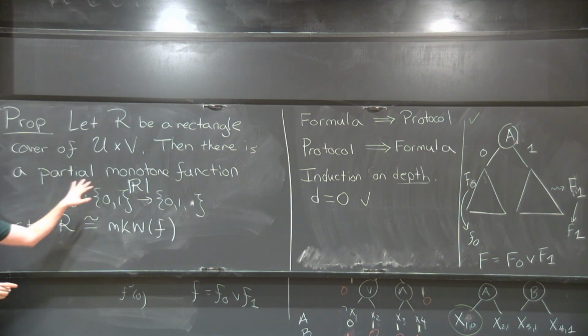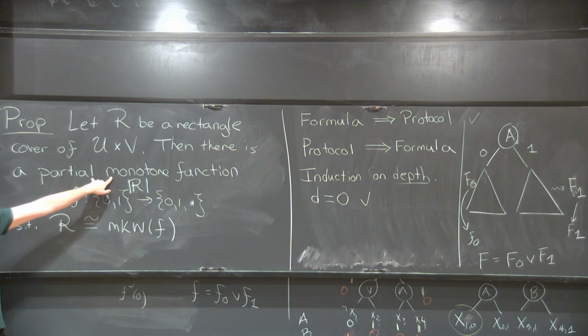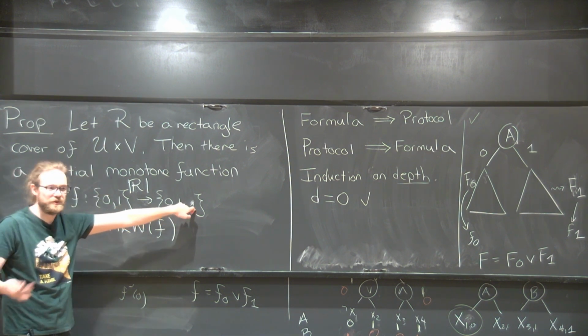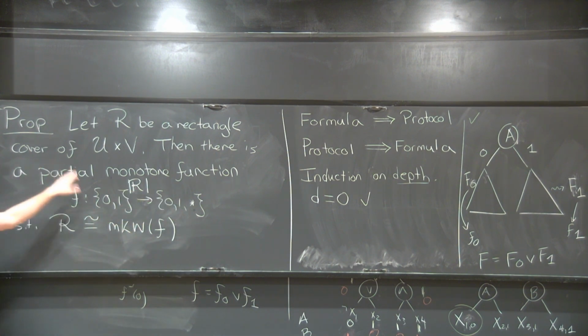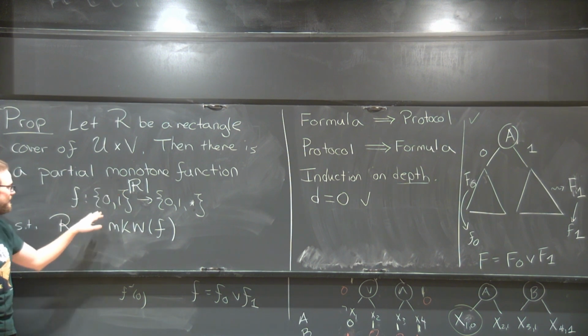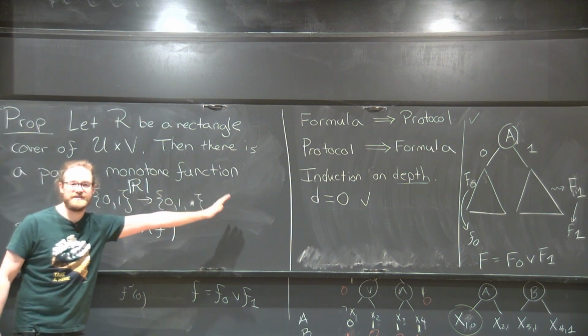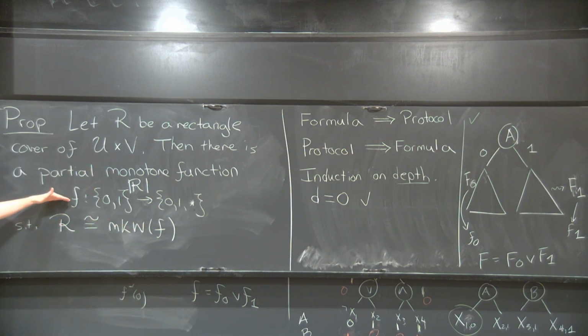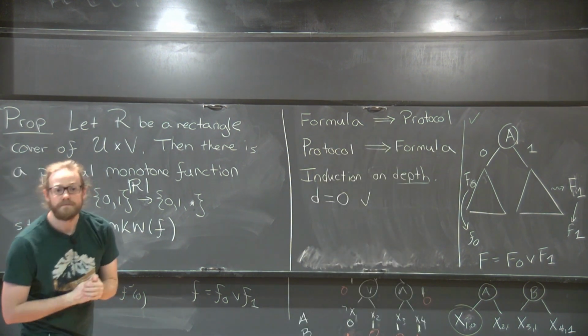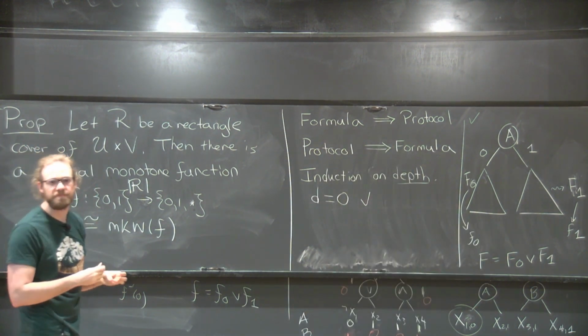Now, there's one strange thing here, which is a partial monotone function. I've only alluded to partial functions so far. A partial function is a function in which we sometimes don't care what the function outputs. By a partial monotone function, I just mean that there's some monotone function that this can be extended to. I can obviously extend it to a non-monotone function, but there's also some monotone function that I can extend it to. Yes, it's equivalent to not having any zero above any one.